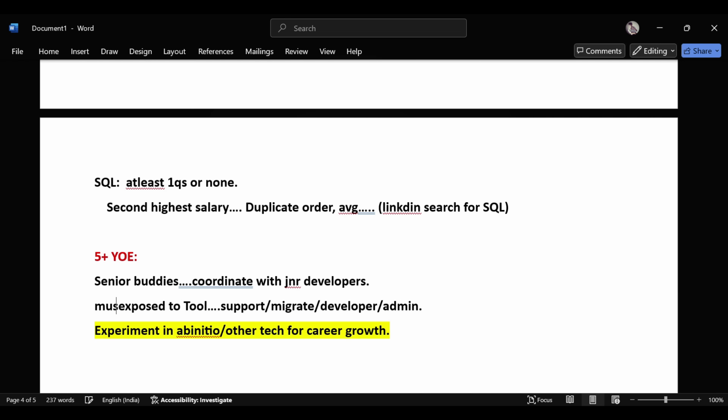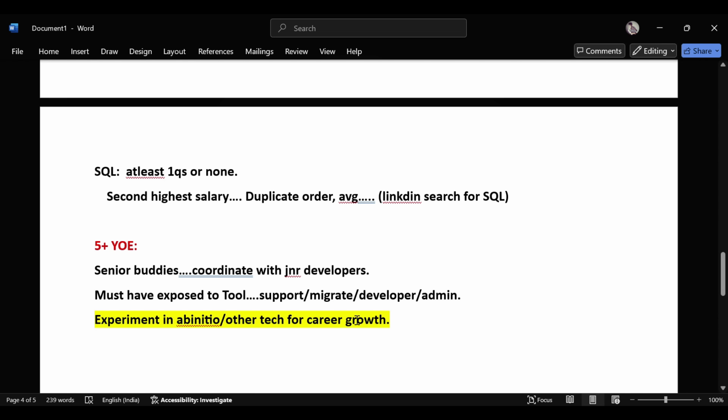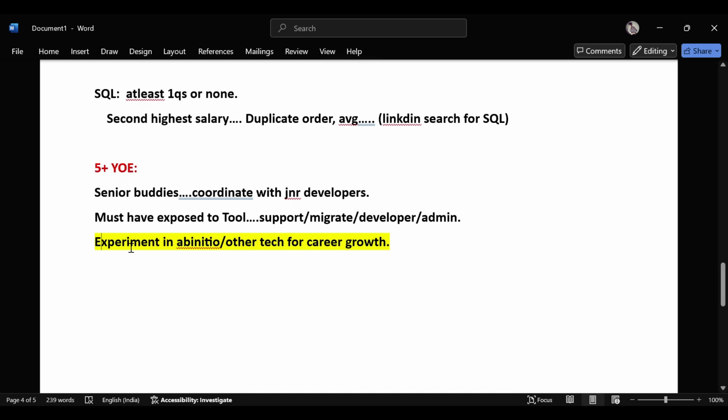They must have exposure to tools, whatever goes. This is advice for everyone across all the years. 5 plus years, they are senior, they should have exposure to tools and everything. I will just add one point: tool and process, so project process is an important one.